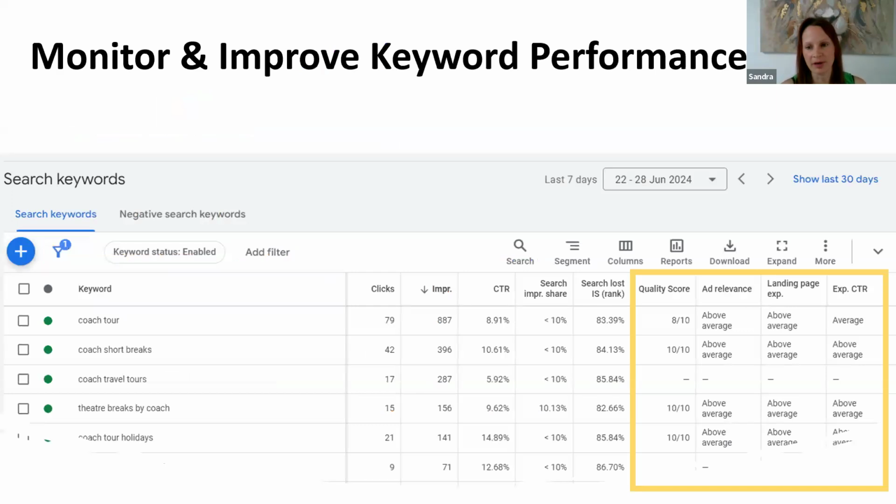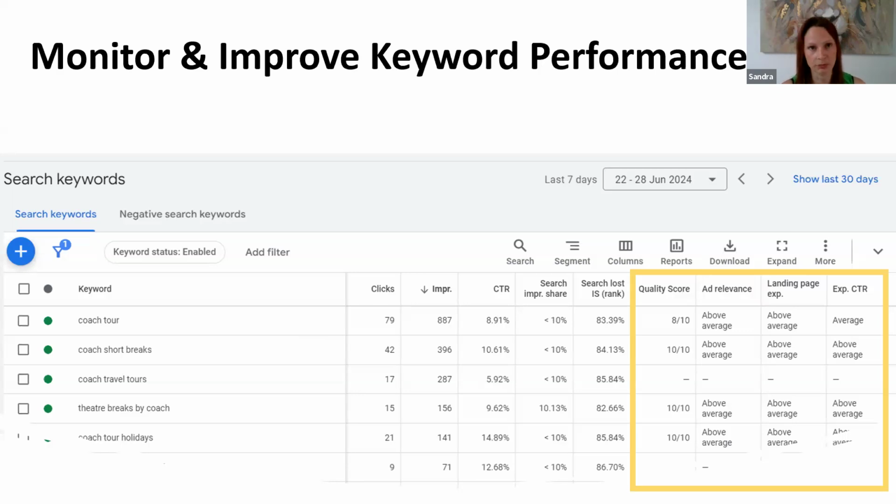When your ads are running, you want to make sure that you monitor how your keywords are performing, and then you can obviously look to improve them. Here we can see we've got keywords relating to coach tours. These are broad match keywords, and that's only because this account has been running for 5 years or so.